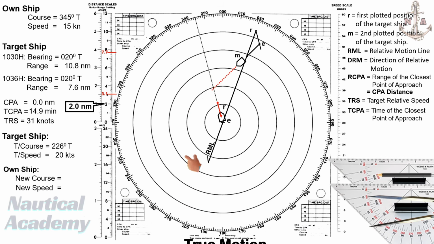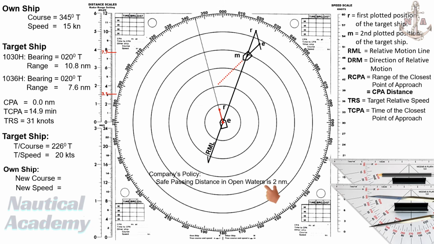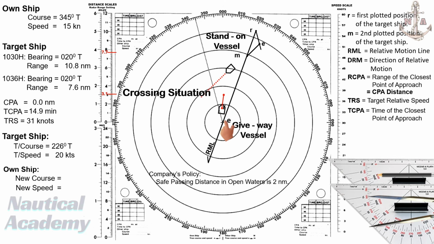We have now determined all the vital information needed to take any actions. Let's assume that we are in open water, and the company's policy for safe passing distance in such areas is 2 nautical miles. In this case, we are in a crossing situation. Applying the rules of the road, the target ship is the stand-on vessel, while own ship is the give-way vessel. Therefore, it is our responsibility to take early and substantial action, such as altering course or reducing speed, to avoid